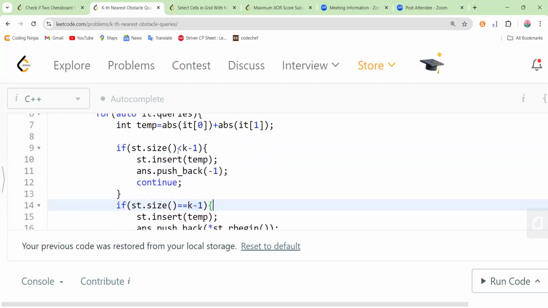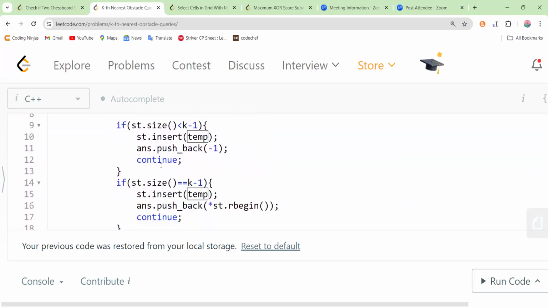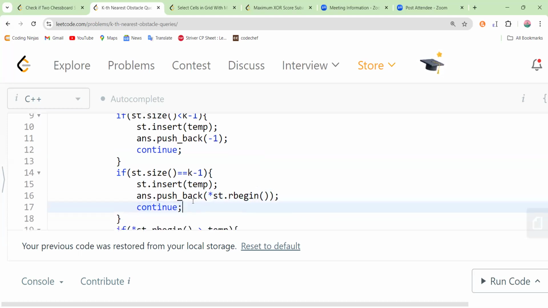This means that if we insert this new distance now, the size of the multiset will become exactly k. So what we did, we inserted this to our multiset and pushed back the last value of this multiset. Now this is how you can get the last value of this multiset, by using rbegin. So star st.rbegin, you can get this last value and you simply continue. Okay. Now,